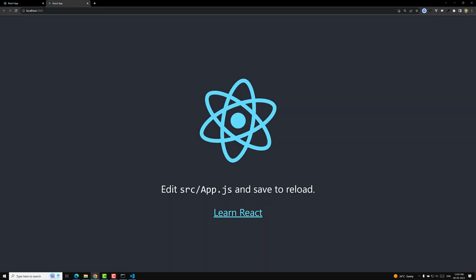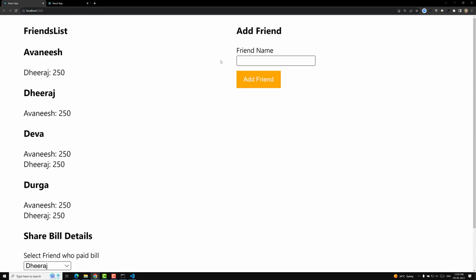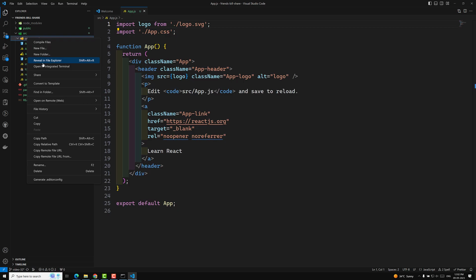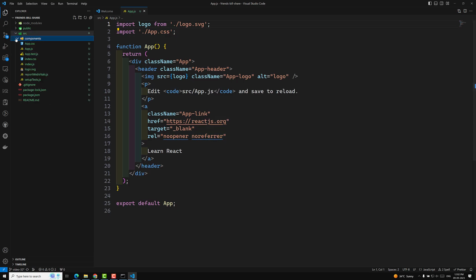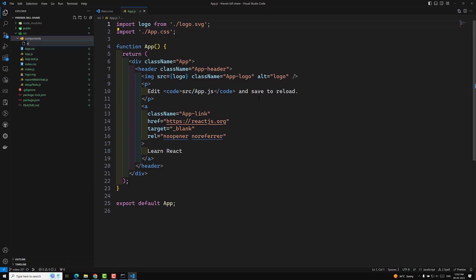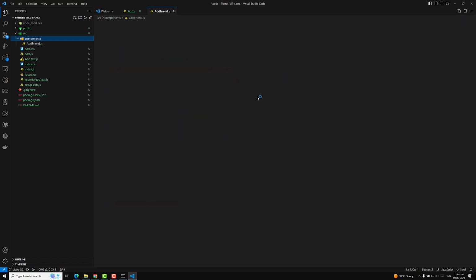So let's try to create the same project. We will have this add friend thing, or otherwise first we will show this friends list. For this one we will create a component. Before the friends list, we will have an add friend. Here I will create a new file, AddFriend.js, and in this one, export default